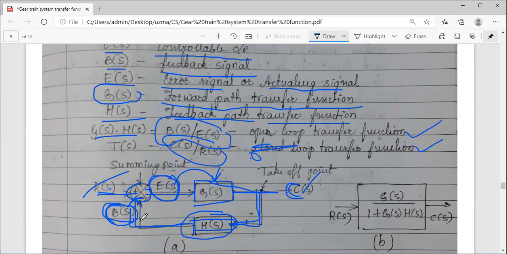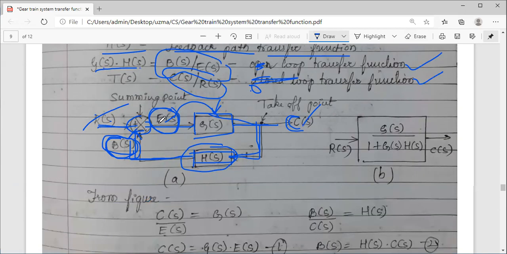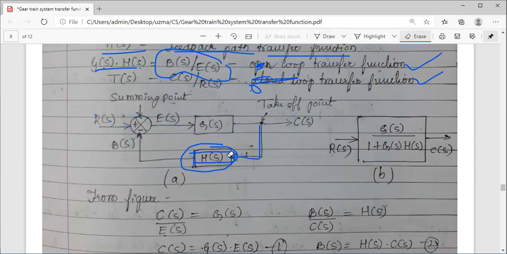However, whatever difference you have given, that is B of S, the feedback signal, divided by the error signal, this is your closed loop. Okay, it is not open, it is closed loop. Or in turn, how we write them? G of S into H of S. This is your closed loop transfer function. How we can draw this is your system. Okay, this is the system, closed loop system with a negative feedback. How we can draw the block diagram for this, I have given here. There is an input R of S. See, this R of S is there as it is.